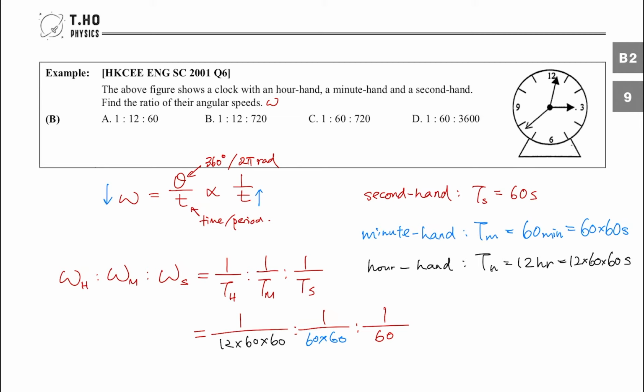We need to multiply the same thing, basically we are going to multiply this thing to all the ratios, so it keeps the ratio unchanged. So this will be the answer. This is the ratio of the angular speeds of the hour hand, minute hand, and second hand. So the answer